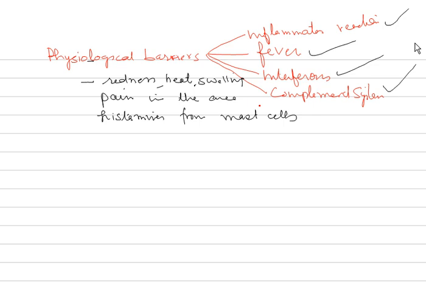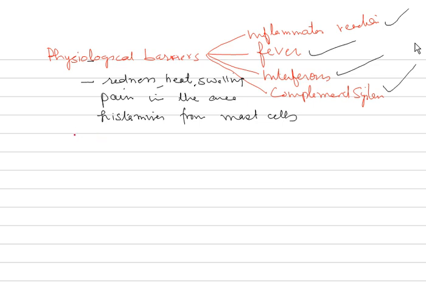Once these invaders or organisms are destroyed, inflammation settles down. So once that area is taken care of, redness goes away, swelling also decreases, and after some time, pain is subdued. So once this inflammation is controlled, this is how the whole mechanism takes place. This is called inflammatory response.